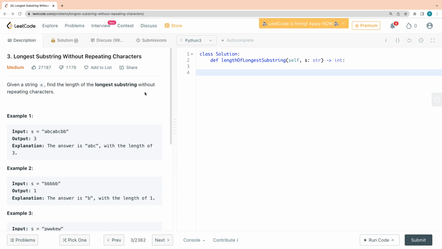So today we are going to solve one of the famous interview problems from LeetCode, longest substring without